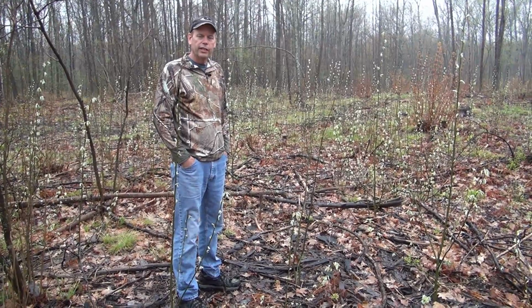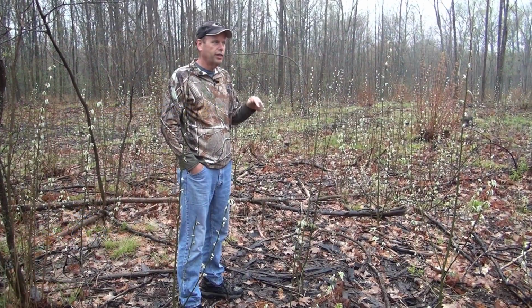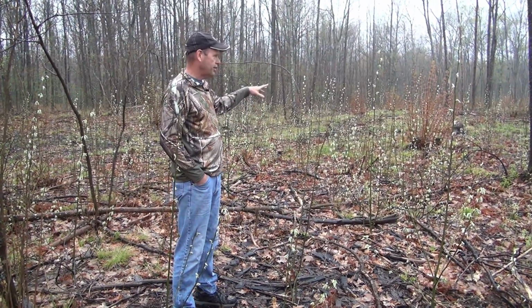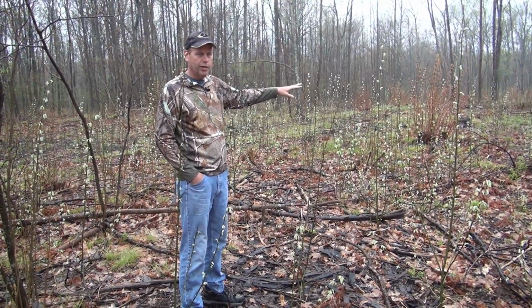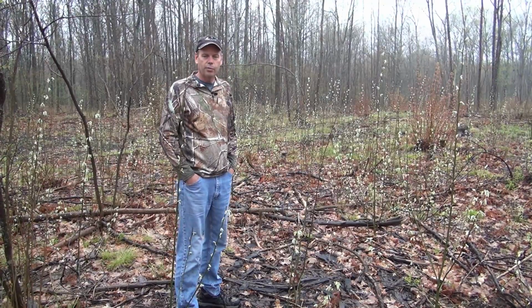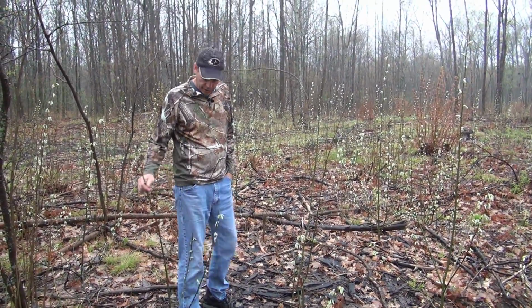So we're over here on the southwest corner of the property, and as you can see, this is an area that was select cut about 4 years ago. I think this is going to be the 4th or 5th summer after they select cut this. They kept most of the oaks, but they cut all the maples and the popples. They must have done it in the wintertime when everything was dormant, because as you can see,